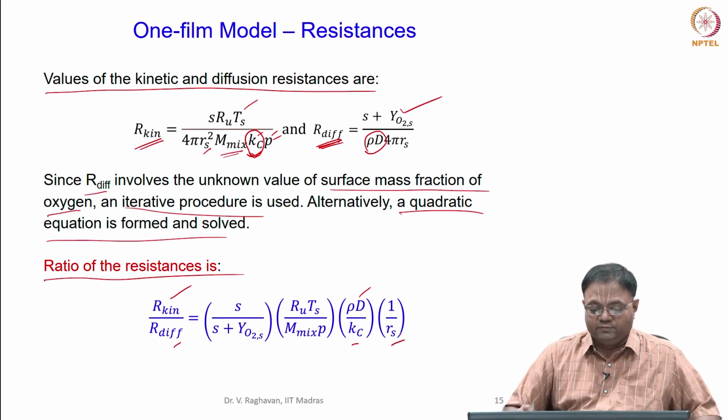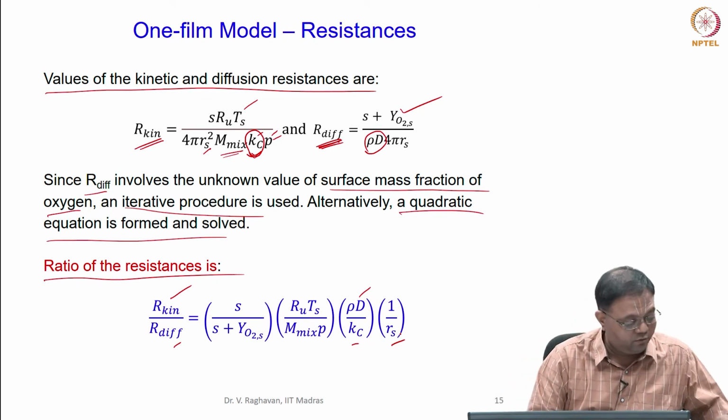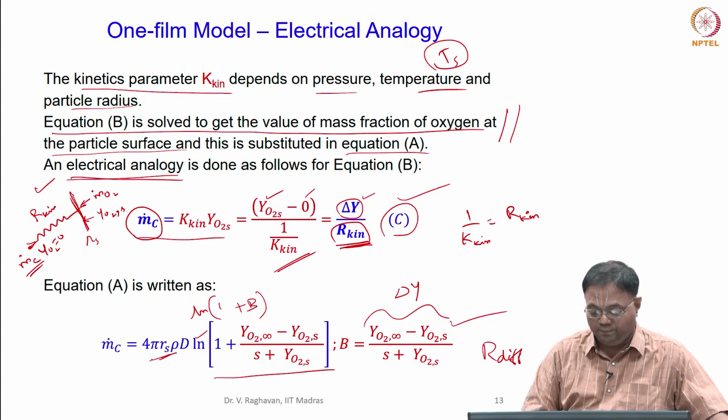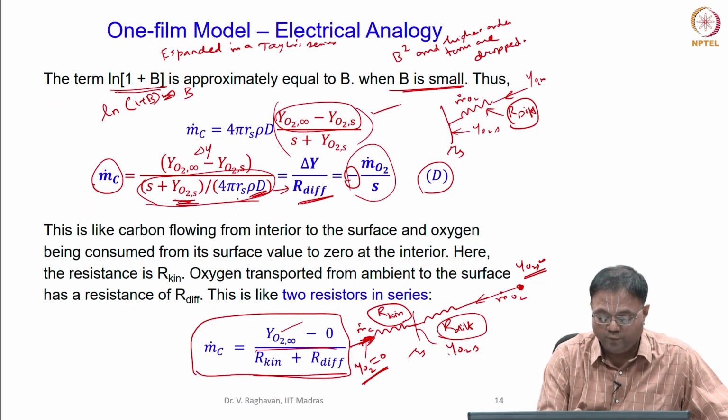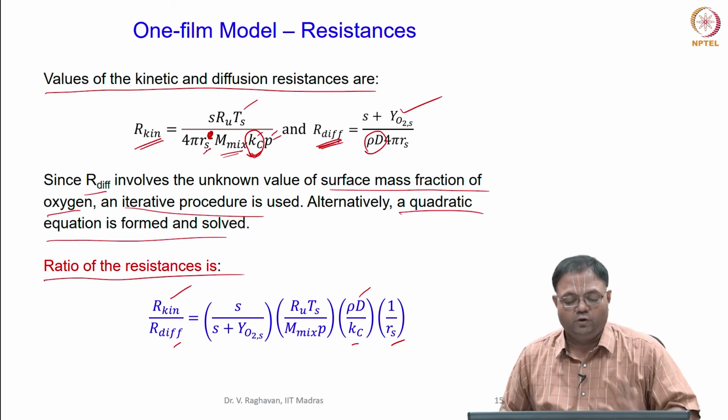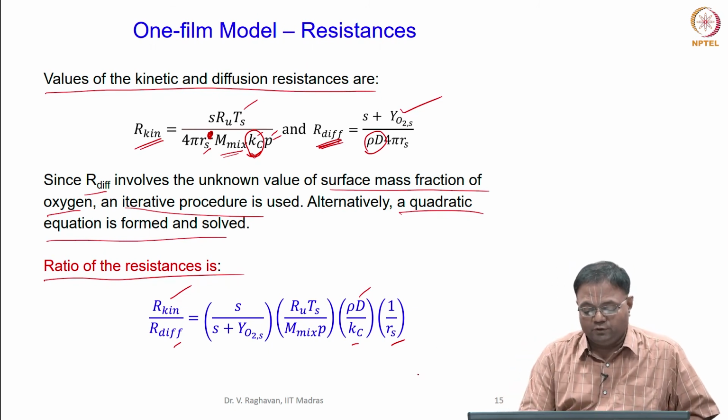If you write like this, actually there is a small typo here. This 4 pi Rs only should come for this resistance. So this R square should not be there. It will be 4 pi Rs only. Okay, so if you take this into account,